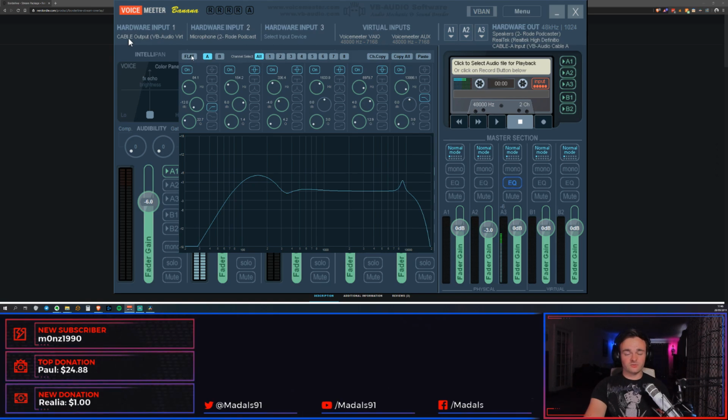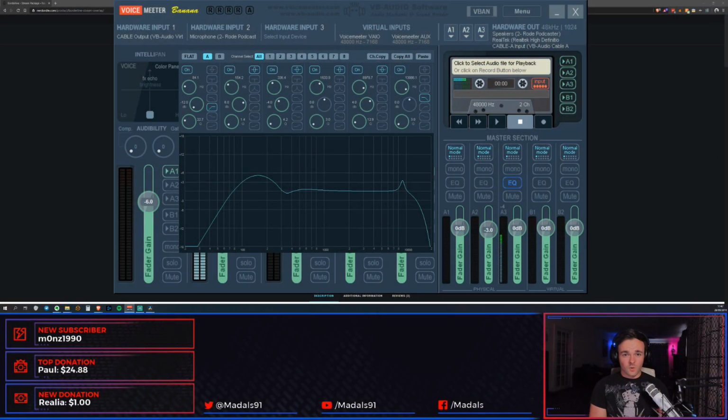You can just hit flat at any point. I'm not going to because it will ruin all of the settings I've done. But you can turn these on and off. So for example, if I turn off that one, hopefully you can hear a slight difference in my voice compared to when I have it turned on. And that really is everything that you need to set up within Voicemeeter in order to get that sounding really good. So because I'm trying to keep this quick, I am going to cut out just a little bit more,